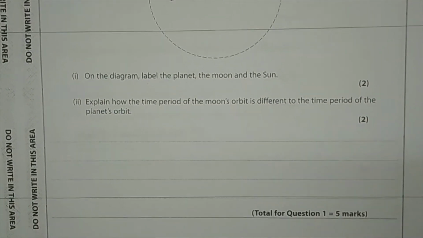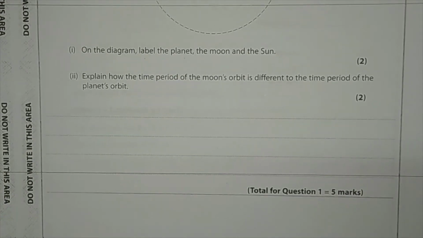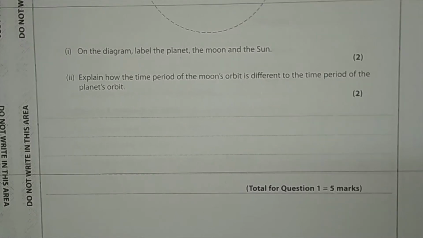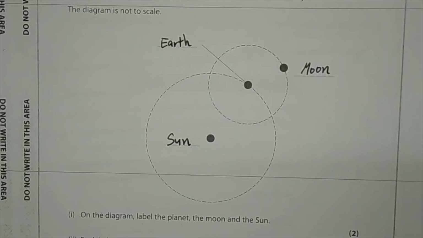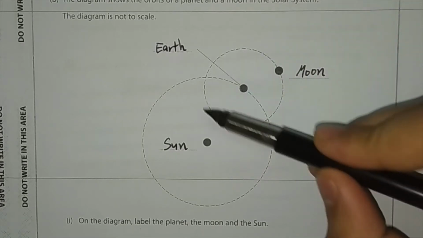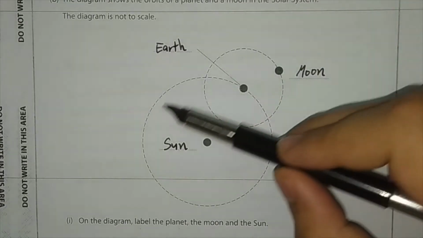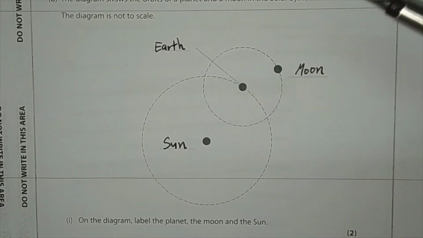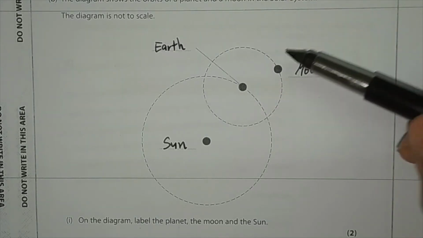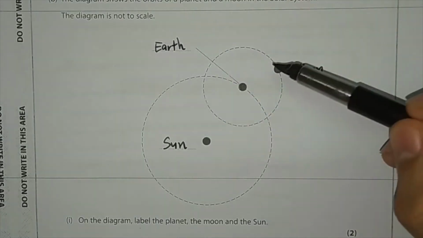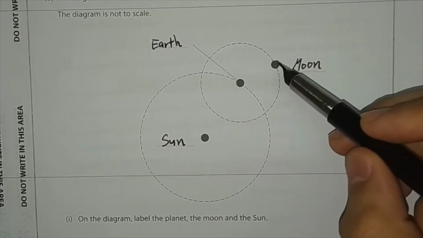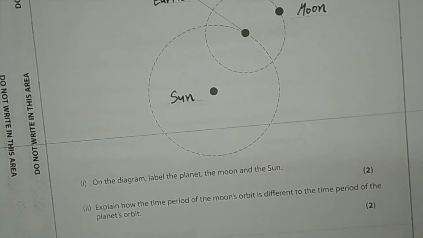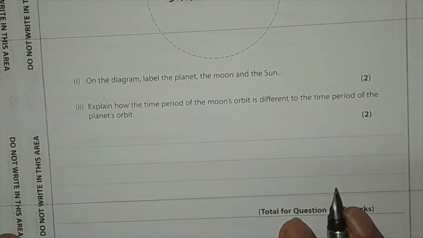Part 2. Explain how the time period of the moon's orbit is different to the time period of the planet's orbit. So for example, there's a racetrack. We'll just take this. This is a smaller racetrack and this is a larger racetrack. On which racetrack would the car take lesser time to complete a circle? Obviously the moon's, the smaller one. So here we can conclude that